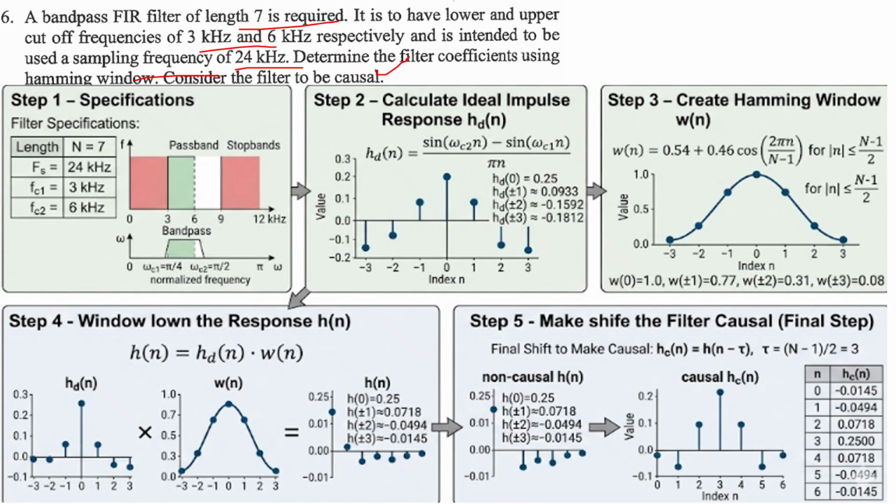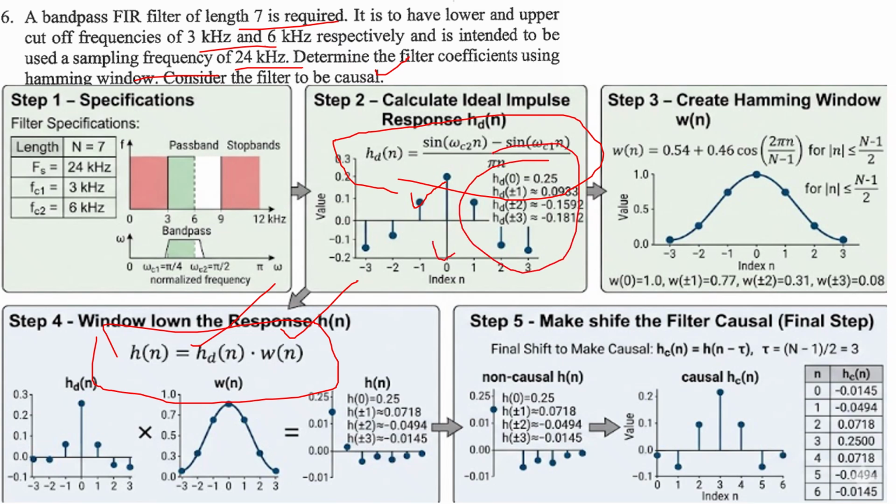So actually you have to use h of n, and this is the major equation, right? h of n is equal to hd of n times w of n. Hd of n, you have to find it for your filter, and here hd of n is for your sinc function, that is sine of omega 1 n minus sine of omega 2 n divided by pi n. So from here you can get the